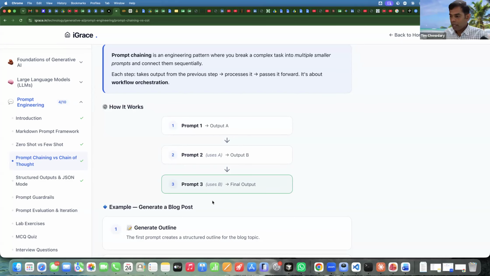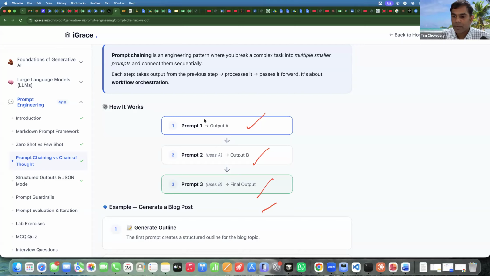The other one could be, when an agent is invoked, its task is to pull the information from the database and give it to you. That could be sub-agent 2, right? And all these agents 1, 2, 3 are actually interlinked here. The output of one could be passed as an input to prompt 2, and so on and so forth.